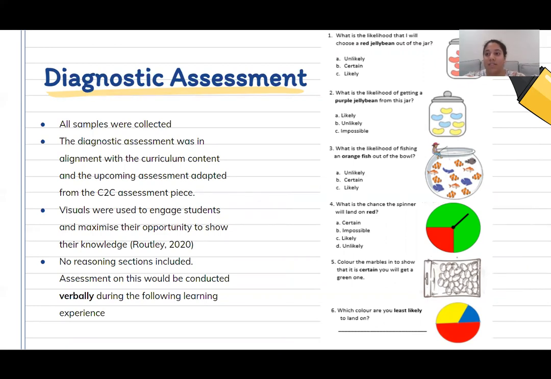These things were significant because of how much this content relies on teaching and learning new content specific vocabulary and also worded questions. So this diagnostic sheet here was created by myself, but it drew from the adapted C2C assessment piece that students had to complete at the end of the unit. You'll notice that it doesn't actually include many sections for students to show their reasoning. Given the reading and writing levels and time constraints, it would have been ill-advised to include it when we would have to read it to them and scribe the answers.